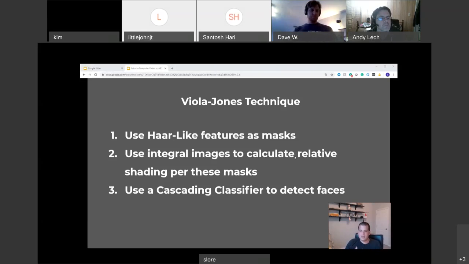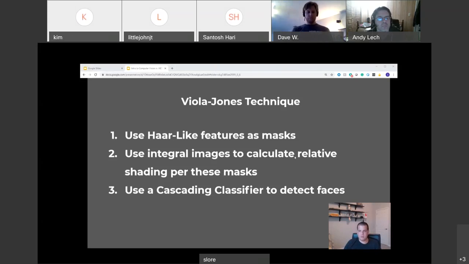Now, we're going to first look at these little masks called Haar-like features, which we'll see in a minute are just simple little shapes. And with them and an integral image generated from our input image, we'll determine the relative shading of different regions in the image. And after combining a lot of these Haar-like features together, we can build a cascading classifier to perform facial